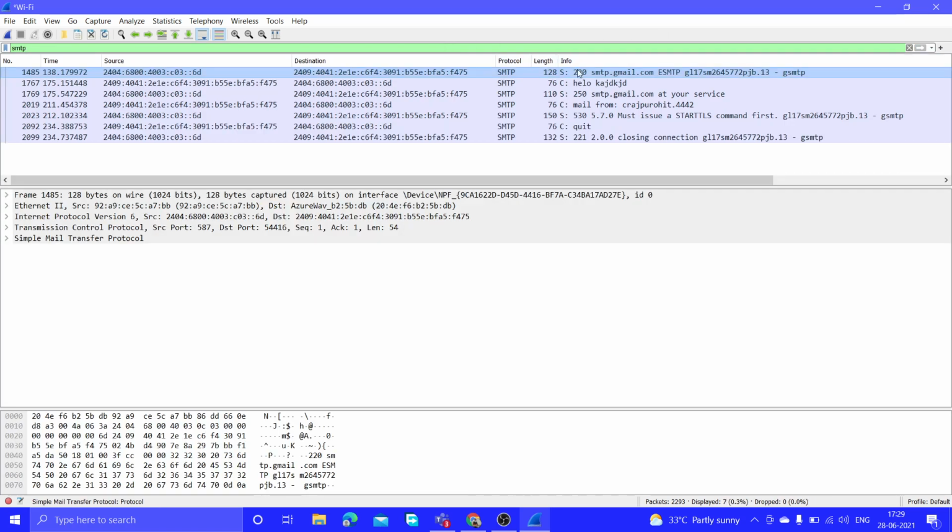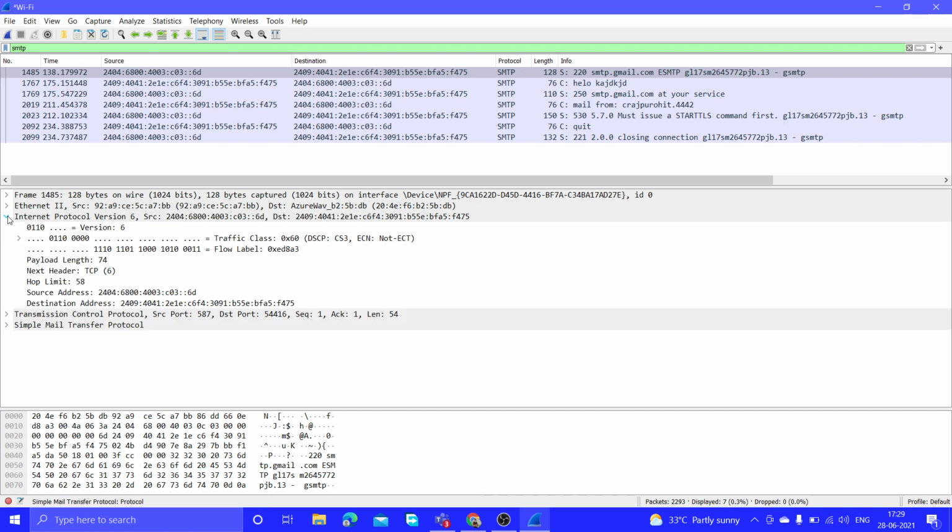The first message is 220 smtp.gmail.com, and we can observe its IP. The Internet Protocol version is 6. This is our source address and this is our destination address.